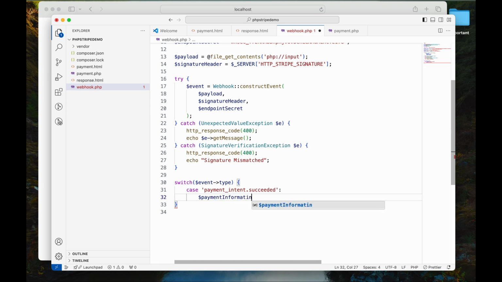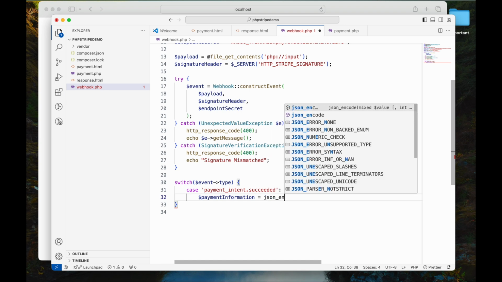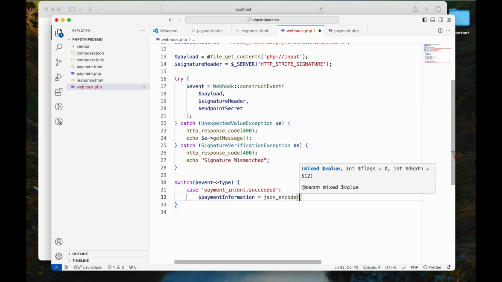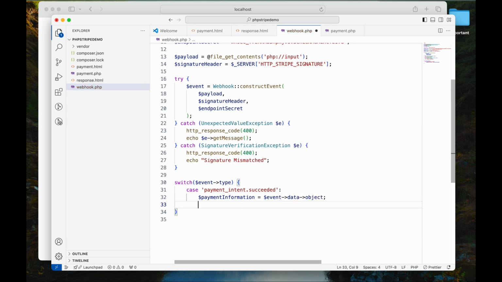Let's say payment information is JSON encoded. So it will be in the event data object, and then